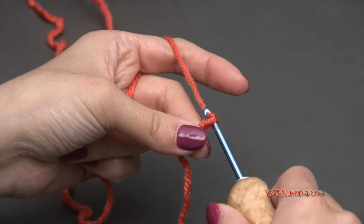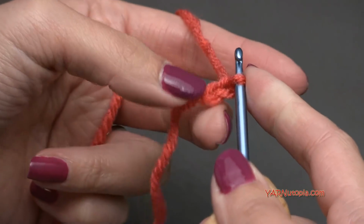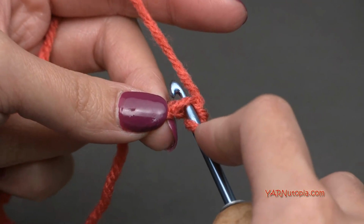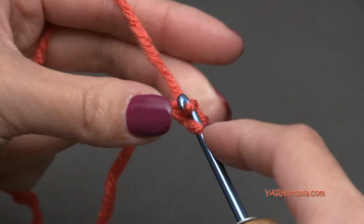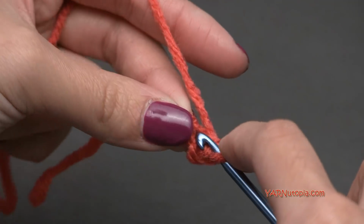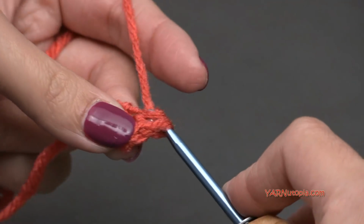We're going to chain 2. And we're going to put 6 single crochets in the second chain from the hook. So go into that second chain, yarn over, pull through, yarn over, and pull through 2 loops. So there's 1, go in, yarn over, pull through, yarn over, pull through 2. Here's 2,